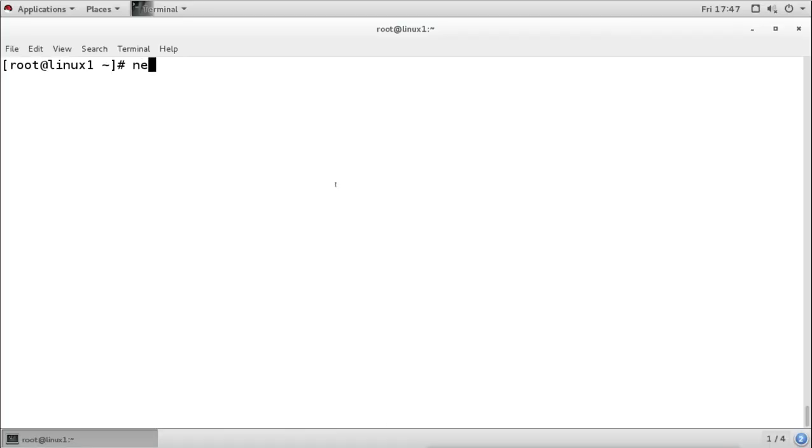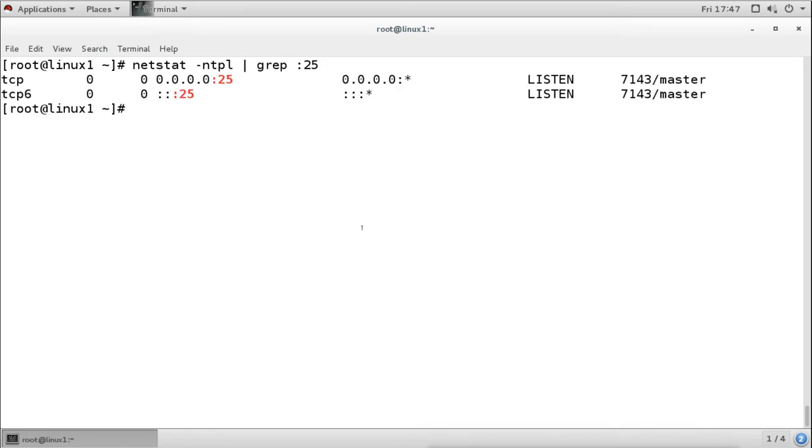So on this server, when we check, the SMTP protocol is running, that means when we grep for port number 25, it is available. But when we try to grep for other ports, like POP3 on 110, it is not available. For IMAP, if I try to grep 143, it is also not available because it is not configured.